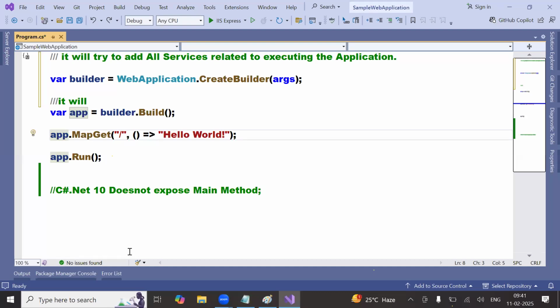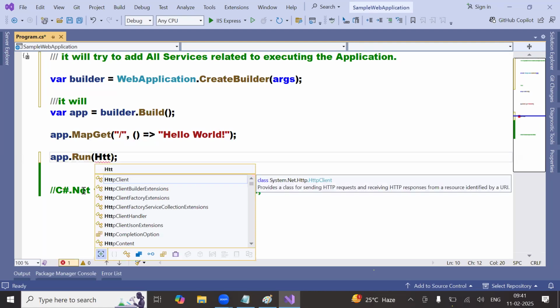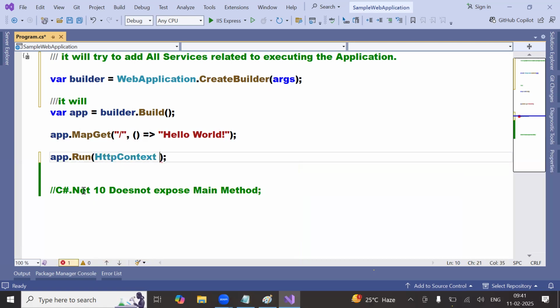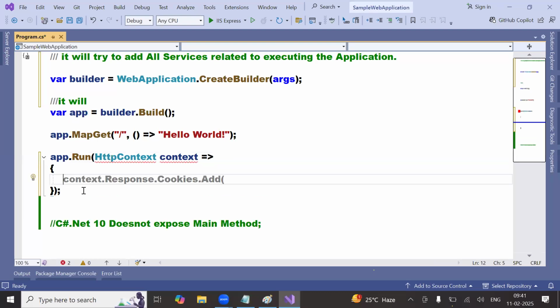In the request, what are all the information that will be available? Header and body. Two pieces of information are available in context. What is that? Body and response. Header and body. Sorry, header and body. So here in the run method, listen carefully, in the run method, I'm going to use HTTP context. Context, lambda, context dot